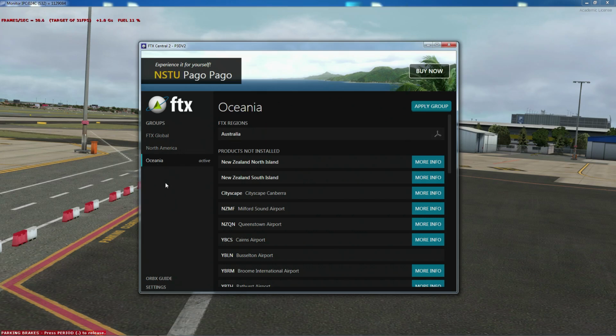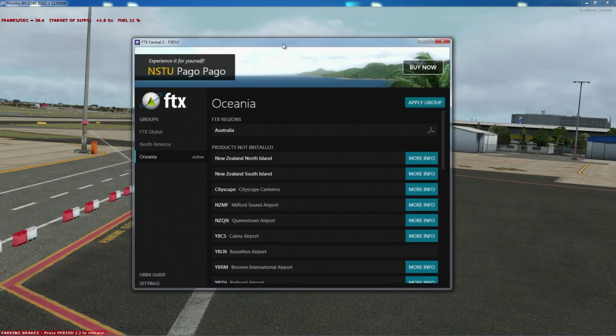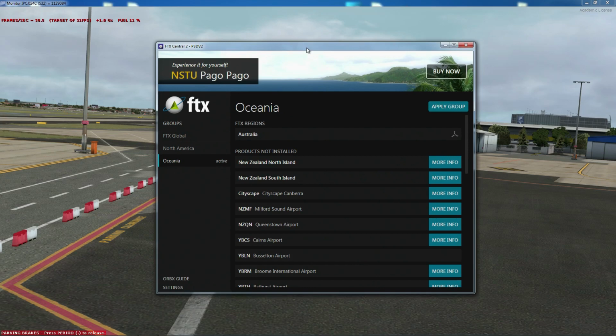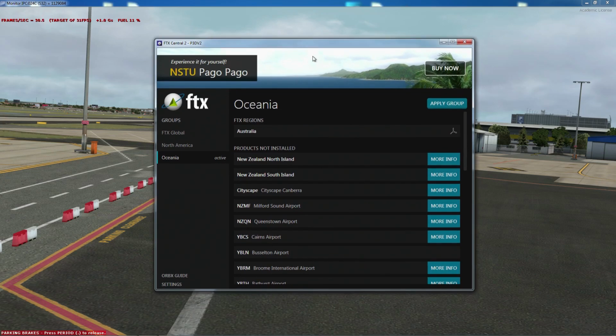I don't have Europe there because I haven't loaded up Norway or England or Scotland, Wales, etc. Okay, so what you want to do now, as I said, I'm going to try and explain this as best as possible. If we want to fly in Australia now, what we do is we choose Oceania,